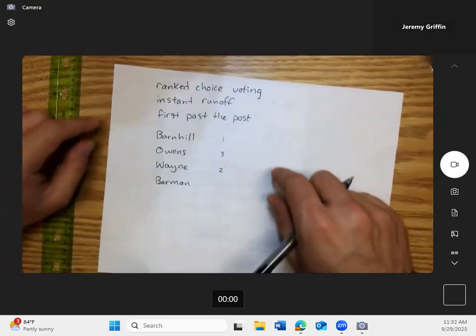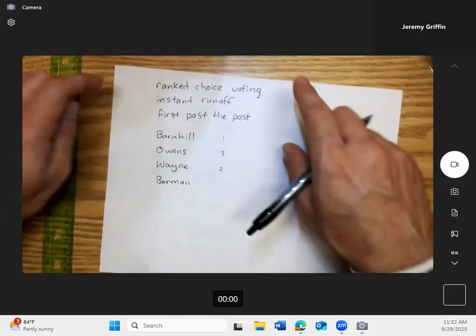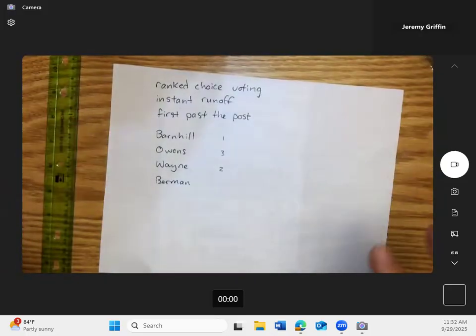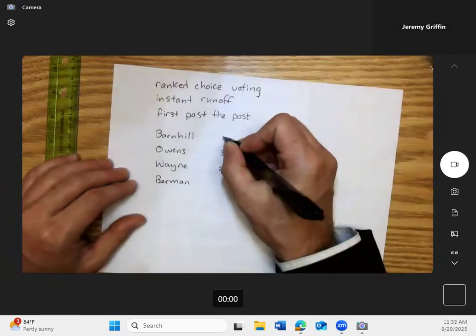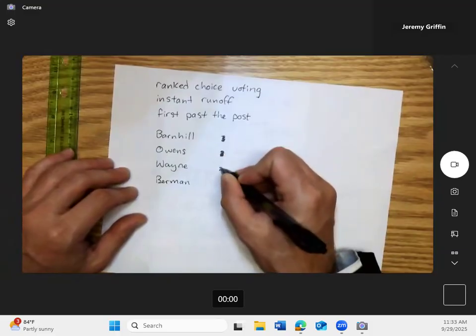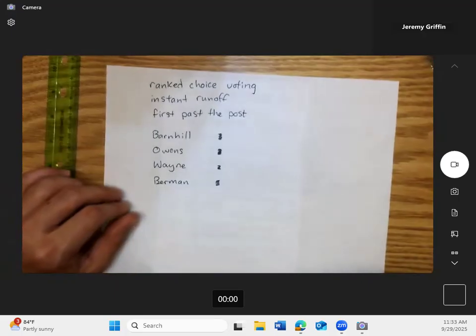Guys, don't worry about that, because we're going to do a ranked choice instant runoff method, in which case there's no such thing as wasting your vote. You don't have to worry about strategic voting, anything like that. You guys will see as it plays out. All you have to worry about right now is who is your number one vote. You guys have somebody in mind? Ready?